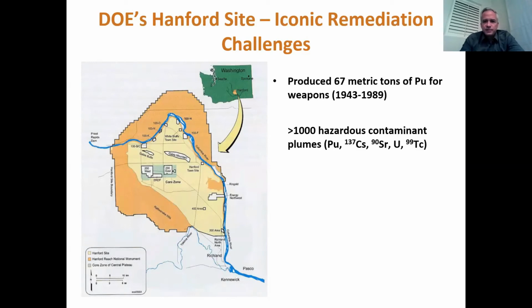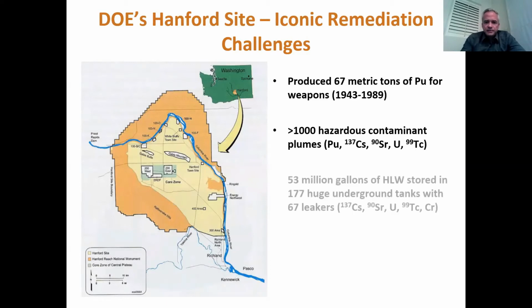So as they processed this plutonium through vast quantities of various types of extraction and separations technologies, with a lot of waste, most of which has leaked into the ground. A lot of it is still stored today in 177 huge underground tanks, 67 of which have leaked. And there are incredibly hazardous radionuclides in the surface at Hanford that DOE cares about and is being mandated to